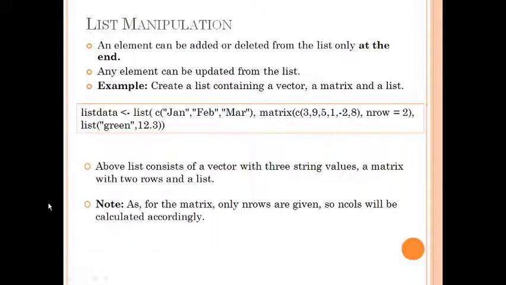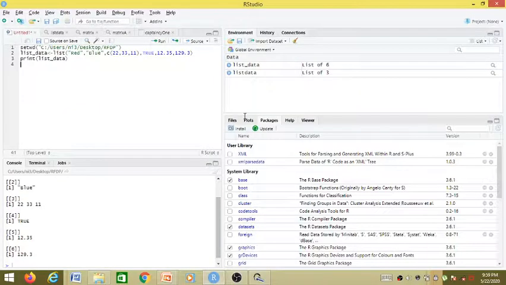Let us have an example of a more complex list. Now this is list data, again here the underscore is removed, and this is a new list. It has as its elements a vector of string values, a matrix and a list itself. So as we have seen in the definition, a list as an element can have a list. So this is a list inside a list. And also as per the definition, we can use a function, so we are using the matrix function to put a matrix as an element in the list. So we can run this in RStudio and check for ourselves whether this works or not.